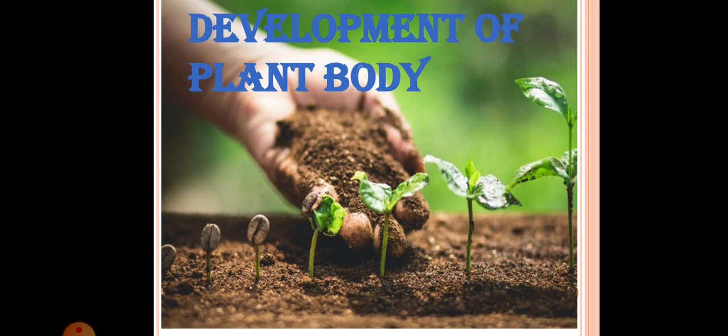The seed represents the resting plant body, which is in a dehydrated state, capable of surviving adverse conditions in the surrounding atmosphere. So here the seed is a resting plant body. The seed contains the whole plant body, and this is known as the resting plant body. The seed is present in dehydrated form, meaning in dried form.